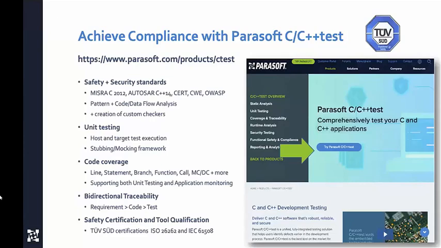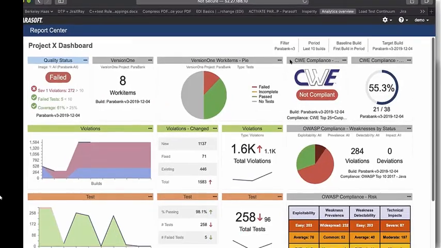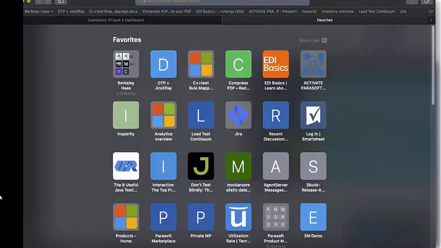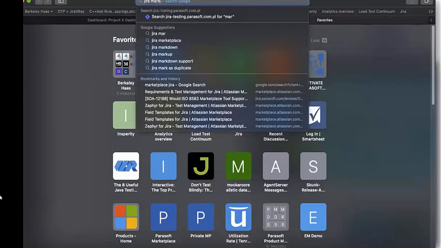There was a question of, can I use Jira for requirements management? I probably should have mentioned that at the beginning of the presentation. Jira itself does not have any requirements management or test management functionality within it. However, it does have a very rich marketplace. If you go to the Atlassian marketplace, let me bring that up and show it on my screen. If I type in Jira Marketplace,